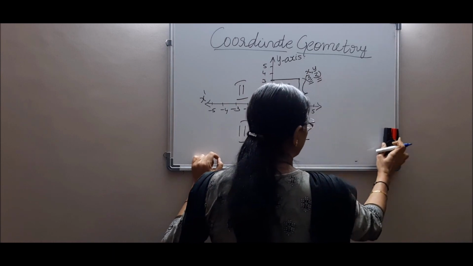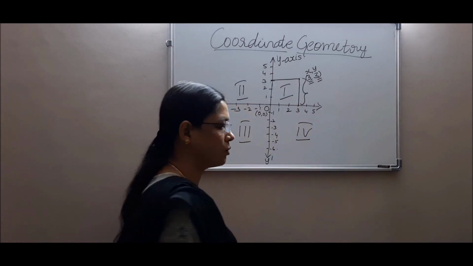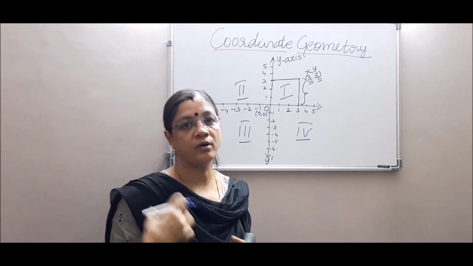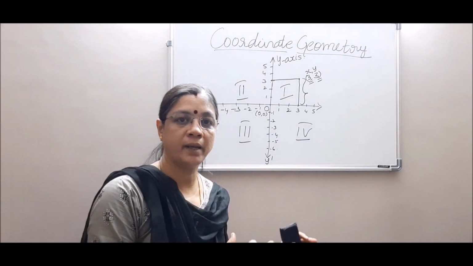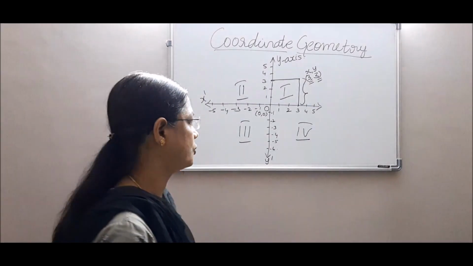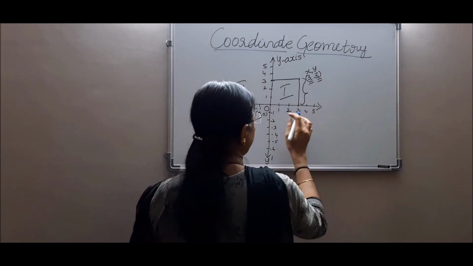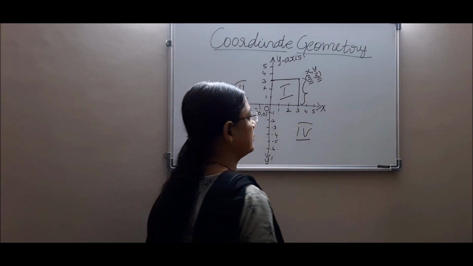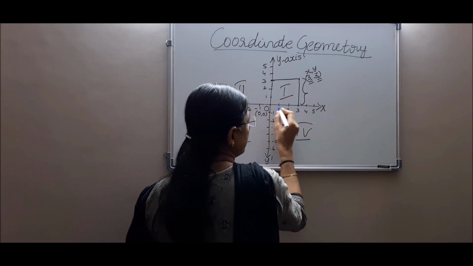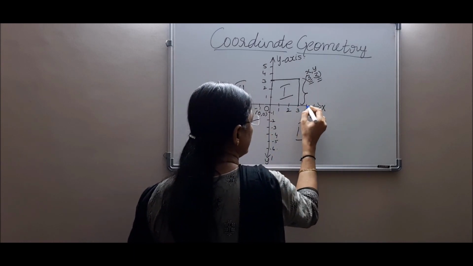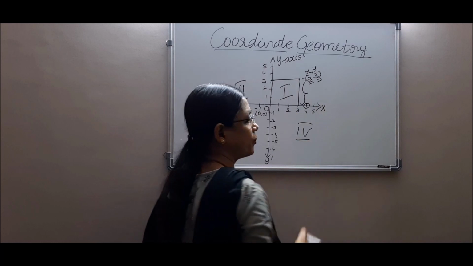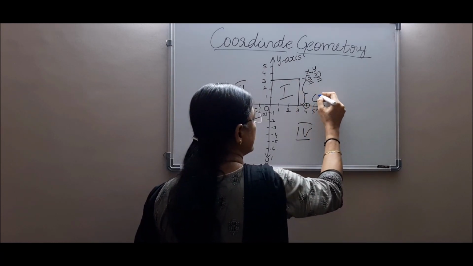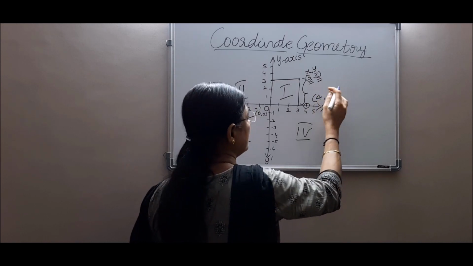Now I have been telling you about the equations, isn't it? So even the x-axis, y-axis and the lines drawn in the Cartesian plane have some equations attached to them. If I have to represent this x-axis by an equation, then what is the equation? When you observe the x-axis, a point on the x-axis, if I take suppose this point, how will I represent this point on the x-axis? I said first you have to write the x-coordinate and then the y-coordinate.